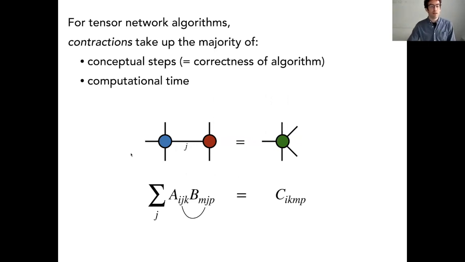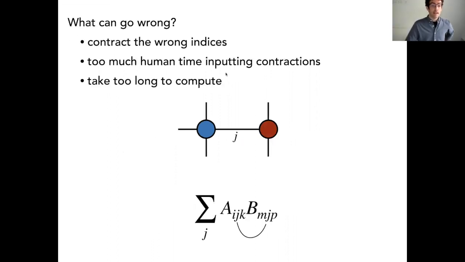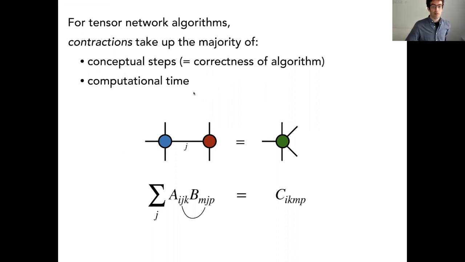So when you're working with tensor network algorithms, the thing you really are doing a lot of the time is tensor contraction. So summing over some shared indices between pairs of tensors. That takes up most of the conceptual steps in terms of what the algorithm is actually doing and whether you're doing the right thing or the wrong thing, as well as most of the computational time too is in these tensor contractions.